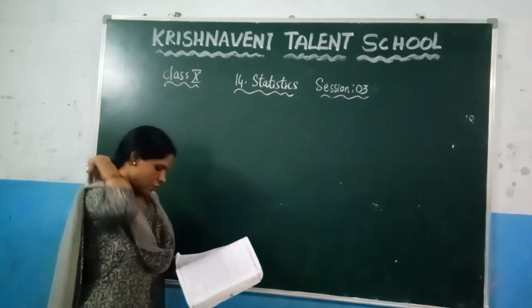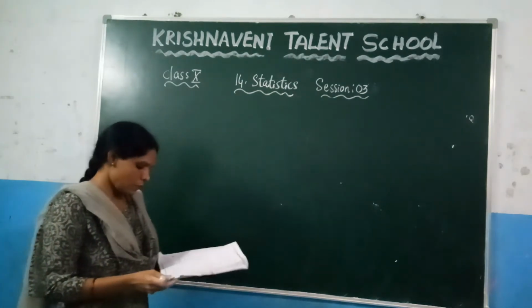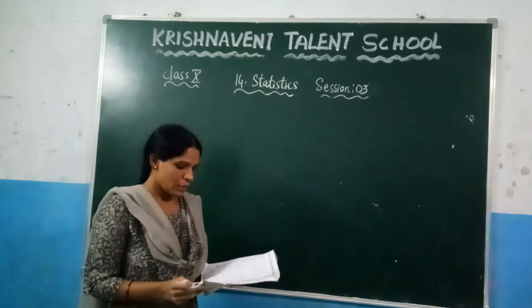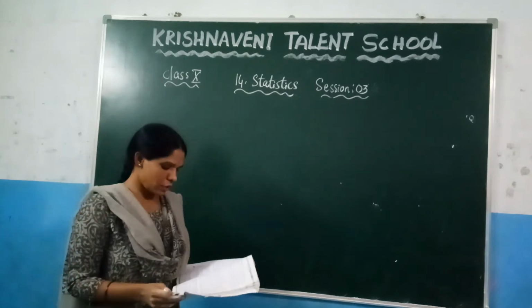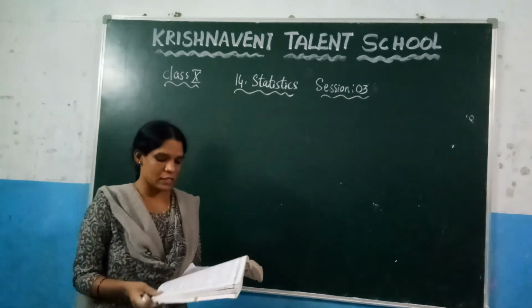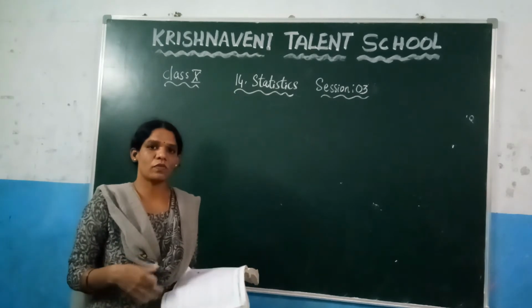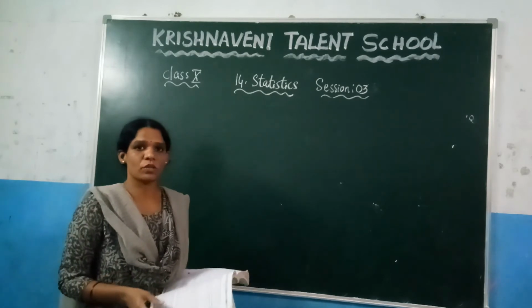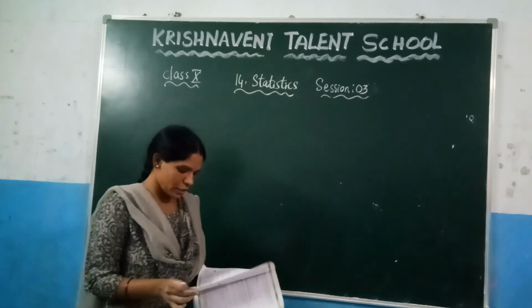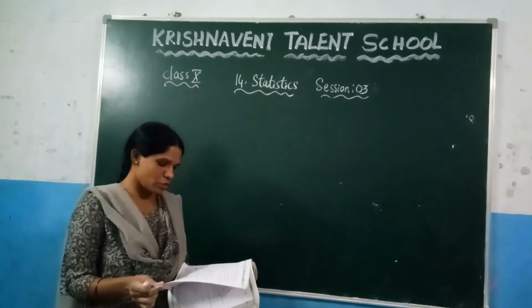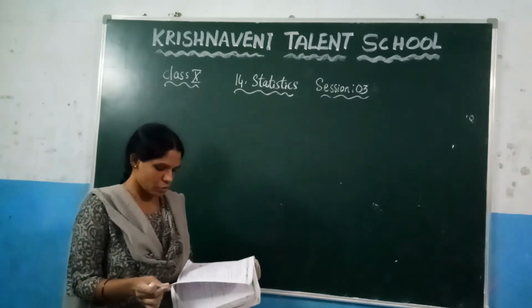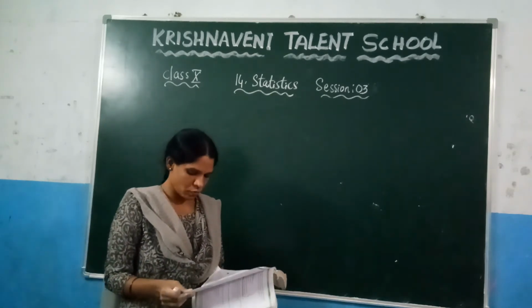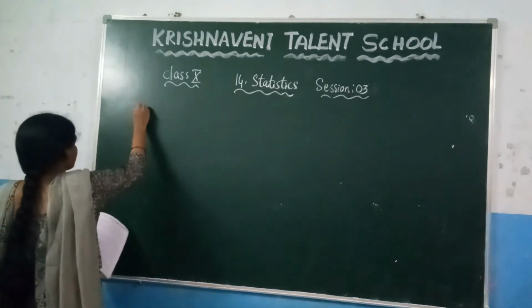There are 9 problems. We already solved 3 problems here. The remaining problems you can do in the same way. Just write the data, and after that, based on the xi values, you can go for any of the methods. If the xi values are large, then you can go for the assumed mean method, and if the deviation values are also large, you can go for the step deviation method. Now here, see the 7th question. The remaining questions, which are 4, 5, 6, you can do as homework, and similarly the 8th and 9th questions also you can do as homework. Now see the 7th question here.